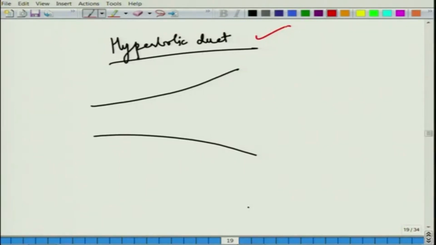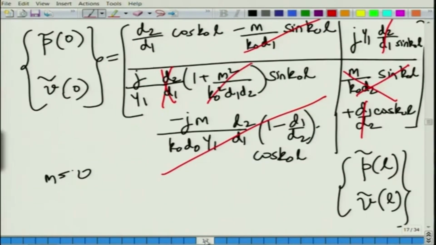So, we might just be wondering, why do we even do such things where obviously computational tools are available nowadays? Actually, that will be the focus of our next lecture when we talk about the segmentation approach, or a matricent approach, which is a kind of numerical scheme to analyze ducts in which the cross section area gradually varies. So, what we will do now is focus our attention back on the transfer matrix here